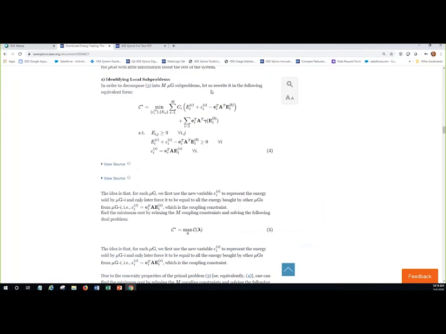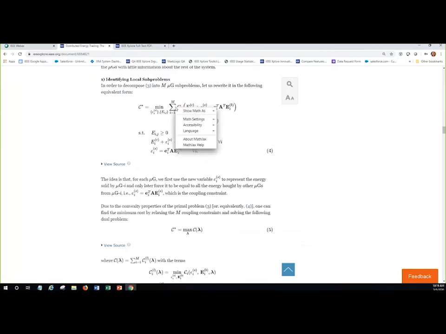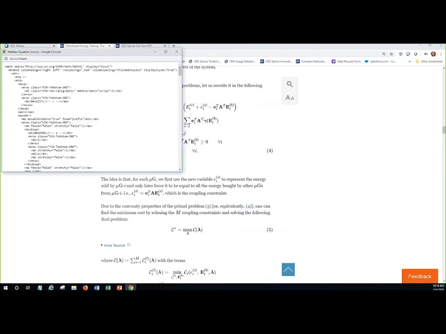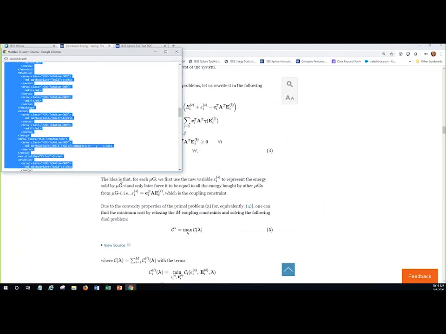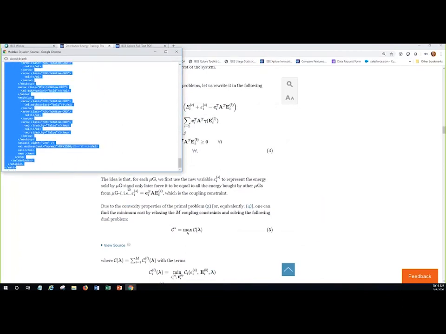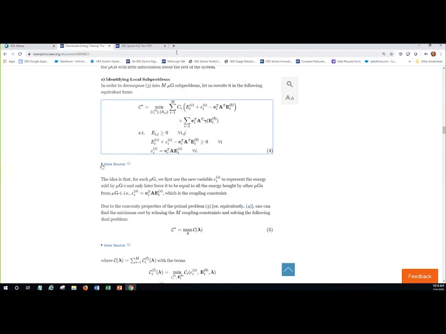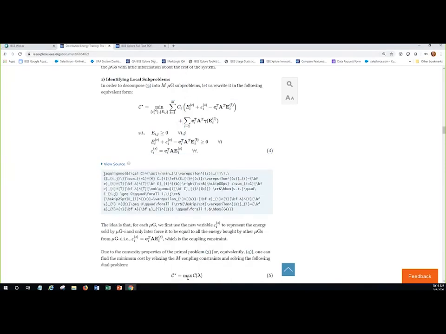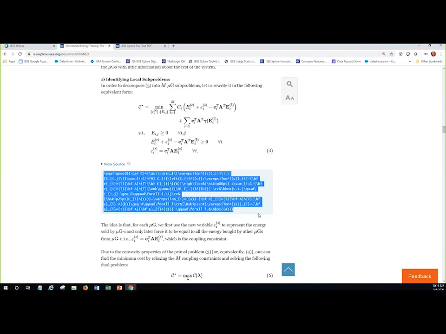If I see an equation, I can do a right mouse click over it to pull up a menu that will then give me the option to see the math in MathML code or TeX commands. So for example, if I select MathML code, it's going to open it up, and I can simply highlight and copy and paste that into a program with an equation editor. If you always want the TeX, you can just simply click the View Source link and highlight and copy and paste it from here as well.